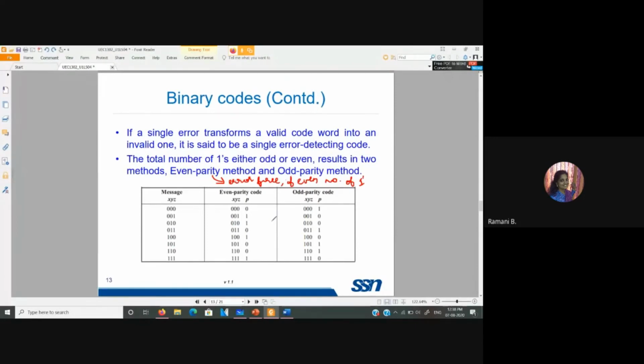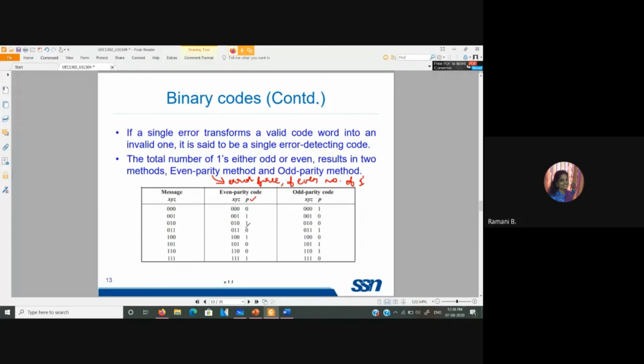And with the odd parity method, the receiver should receive the number with an odd number of ones. If they receive it with an even number of ones, it is understood that there is an error. So this additional parity bit ensures that the message is transmitted with the required parity.